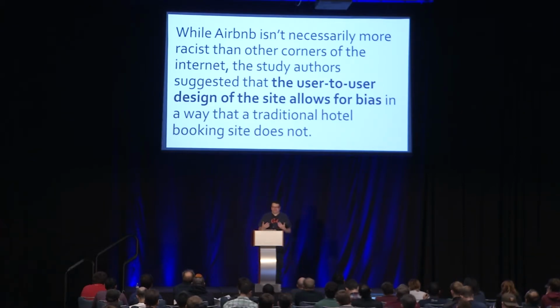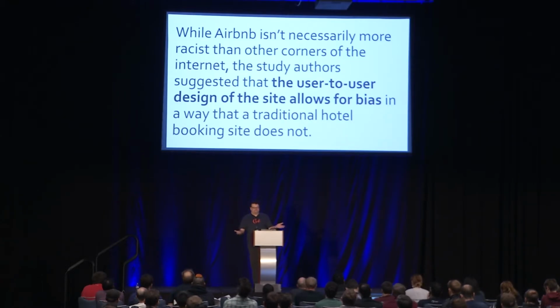And that is why Airbnb became kind of racist, because we're all hyper-connected now. The function of Airbnb is to find a place to stay, right? If you go to a hotel, it's not going to be racist because that's bad for business, and it's also kind of illegal on some level. But it's not illegal for your neighbor to be racist, right? I mean, maybe it should be, but it's not.